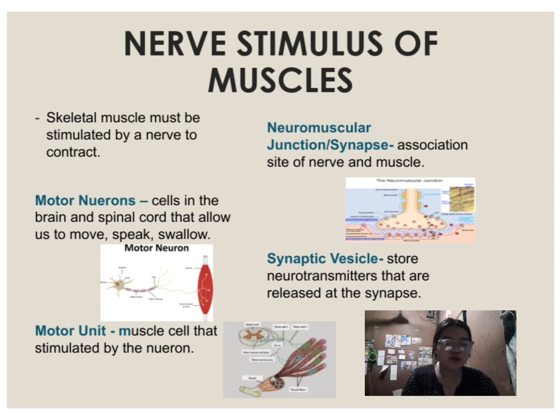Third is the neuromuscular junction, or the synapse. It is where the neuron and muscle fibers meet. It consists of several enlarged axon terminals, or the presynaptic terminal, resting in indentations of the muscle fiber's sarcolemma, or the postsynaptic membrane. Each muscle fiber is in contact with a branch of a motor neuron axon from the brain or spinal cord. Motor neurons carry electrical signals called action potentials, which cause an action potential in the muscle fiber, followed by